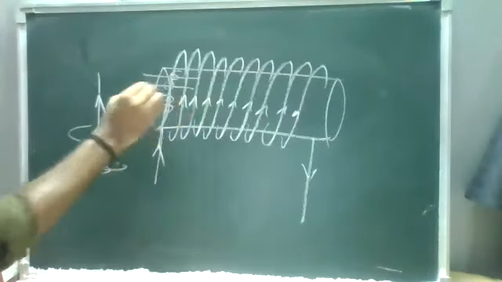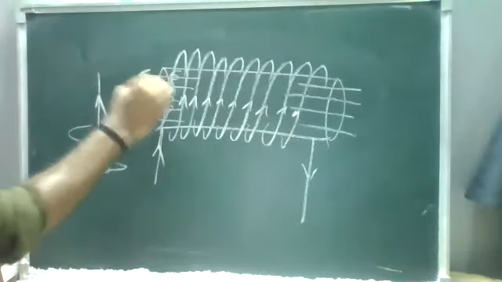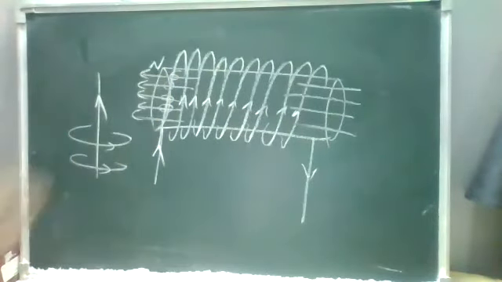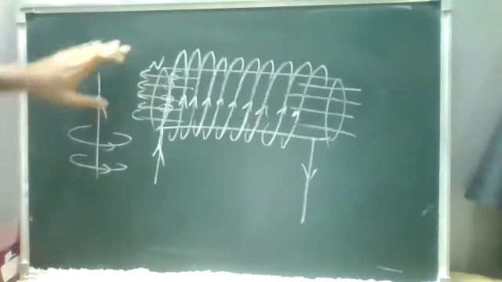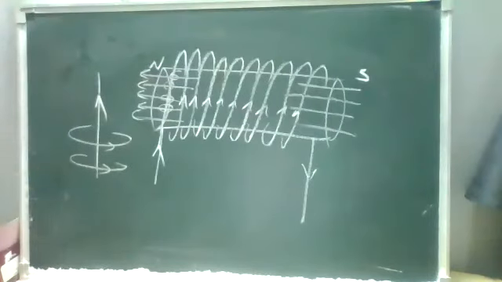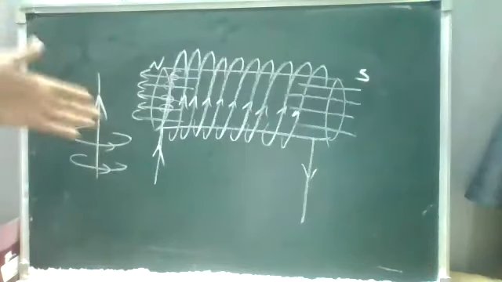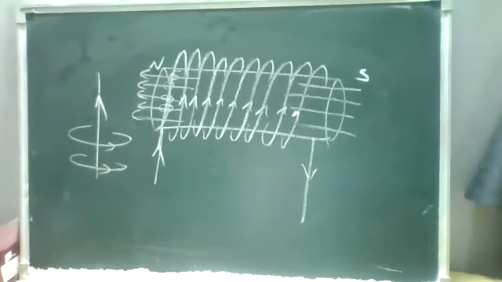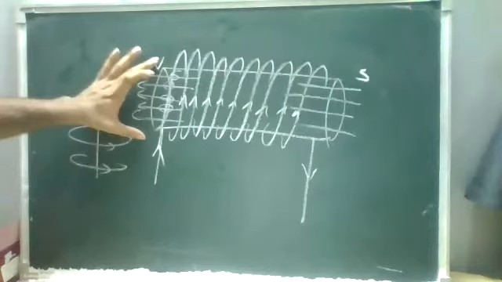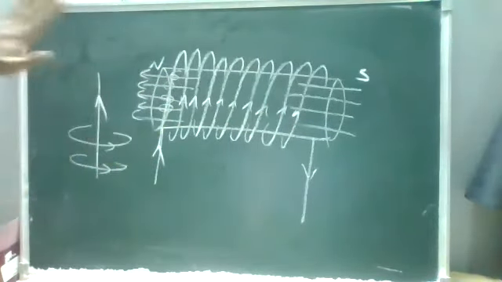So when the thumb indicates your magnetic field is இங்கே இருக்கும். So it was entering like this. So here, this is your north pole. It is nothing but a bar magnet. Okay, so just நம்ம வந்து wind பண்ணும்போது, it acts as a bar magnet, temporary bar magnet. Okay, so it is N and it is S. Okay, and one more thing, so outside of it there will be no magnetic field, or else we can say it is nothing but temporary or electromagnet. It is nothing but your electromagnet. So magnetic field at the edges இருக்கும், inside இருக்கும், but outside there is no magnetic field.